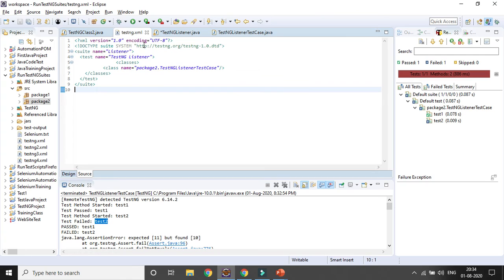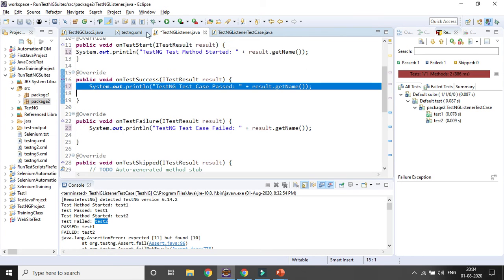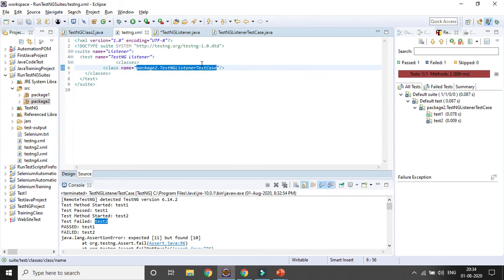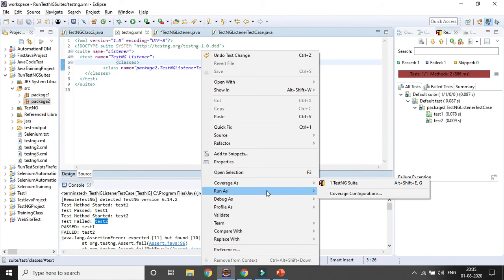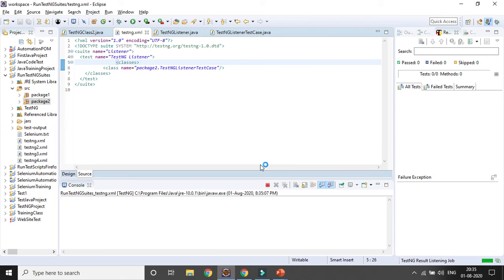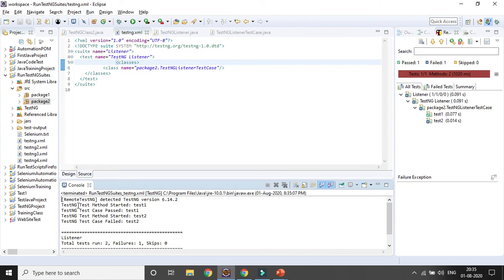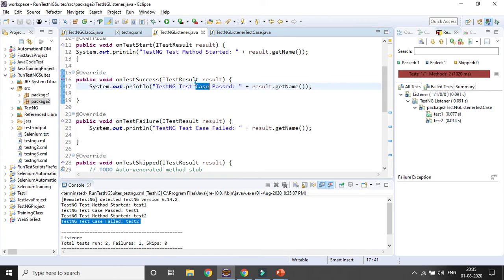Now if you run it, you can run it from the testng xml file. So here you need to give the package name and the class name, that particular class where the method exists, right? Okay, so here I am giving the name TestNG listener test case. So if you want to run it from here, you click run as and run TestNG suite. Now you can see that whatever we have updated in the TestNG listener class, right, it will get updated accordingly. TestNG test method started, you can see two methods we have written, so it is getting started, and the first method is getting passed, so that part is coming, and second method is started and second method is getting failed. Based on the output we have updated, right?